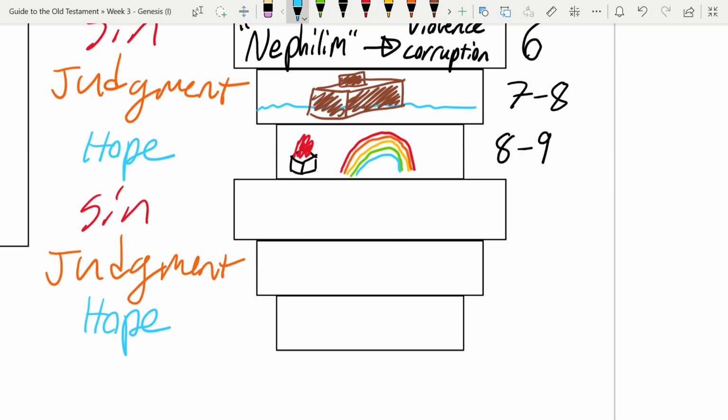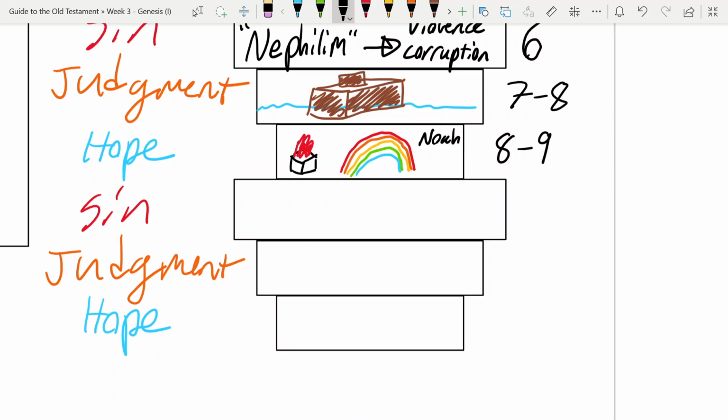So that's where we get this renewal of a covenant with Noah, here in chapter 9 especially. And there is a story in here that doesn't fit the pattern very well, which is Noah getting drunk and his nakedness is uncovered. And this leads to the introduction of the Canaanites as an enemy in the story of the Old Testament. We're going to pass over that. You can read it for yourself.